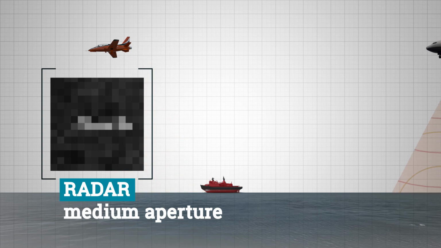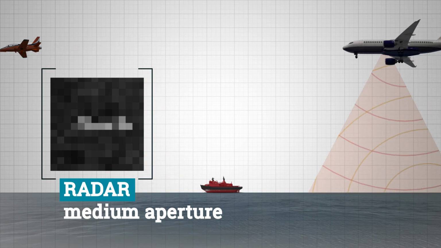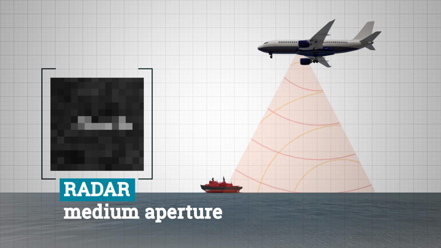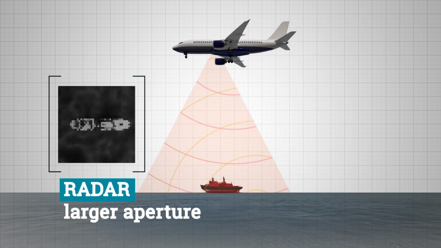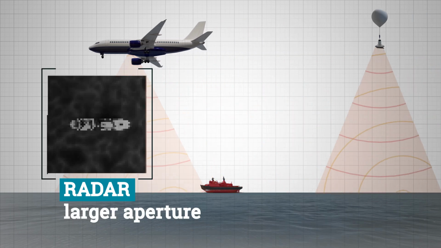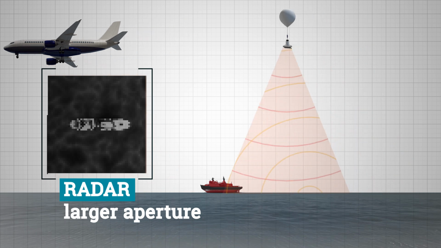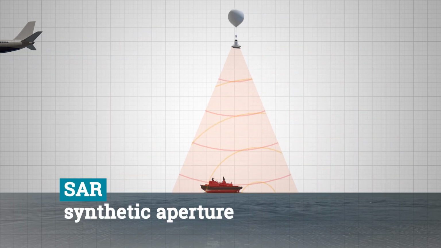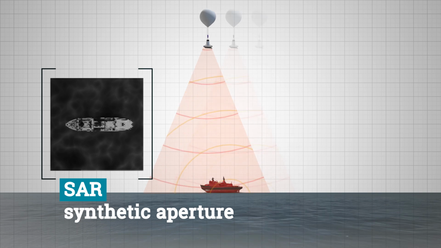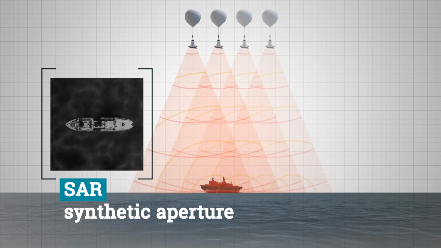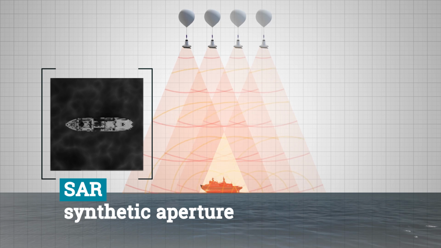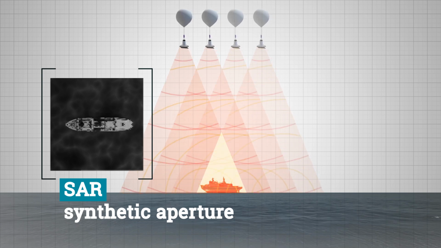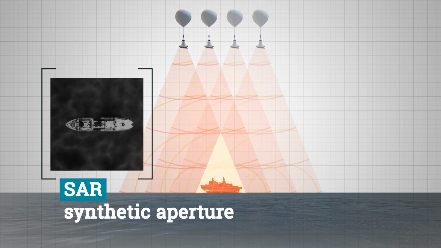environment. But much like a camera, the quality of this image is limited to the aperture or physical size of the radar system's antenna. The bigger the aperture, the better the image. To get around this, a synthetic aperture radar uses the radar's motion to synthesize a large aperture from a small antenna by combining multiple images into a single high-resolution image. This gives the same result as a radar system with a very large aperture, but allows for a much smaller